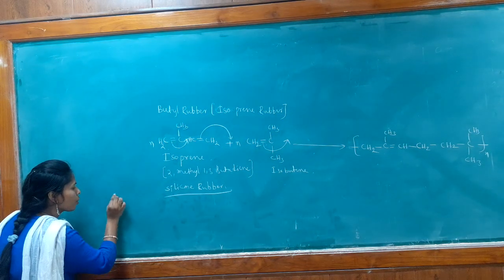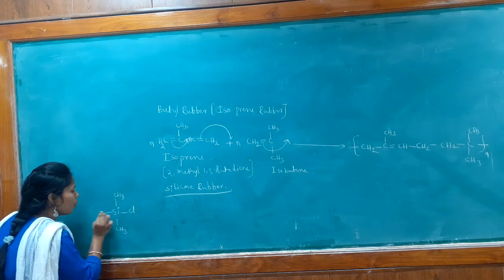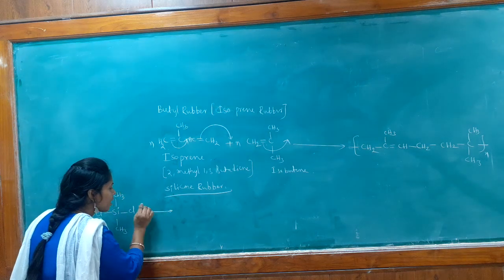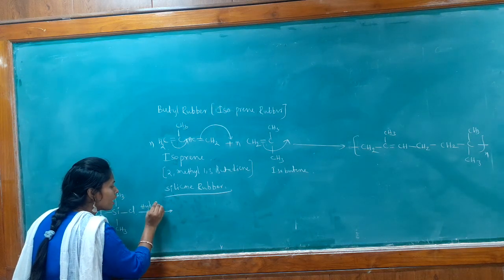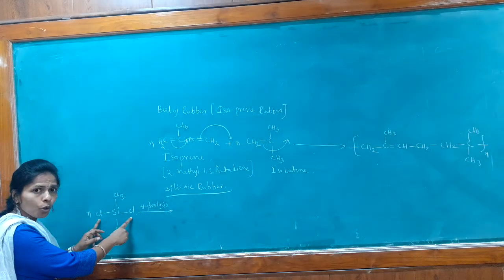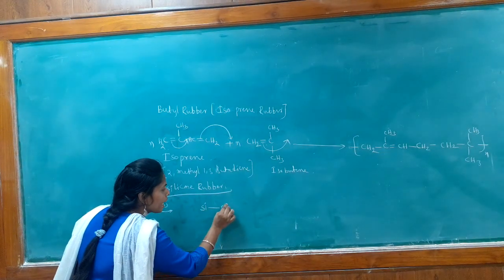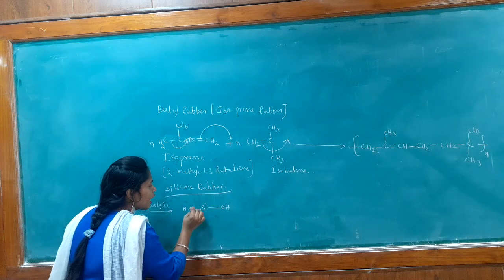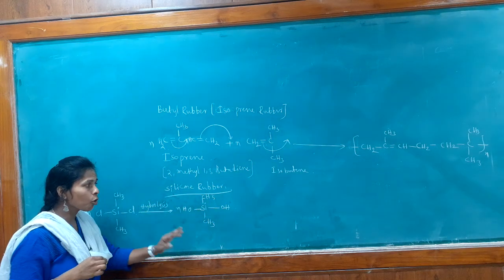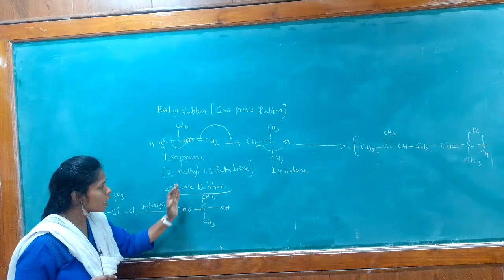So, first we are using dimethyl dichlorosilicon. This on hydrolysis, hydrolysis is nothing but the reaction with the water molecule, the chlorine groups are replaced with OH to produce dihydroxy dimethyl silicon. This is the monomer in the silicone rubber.